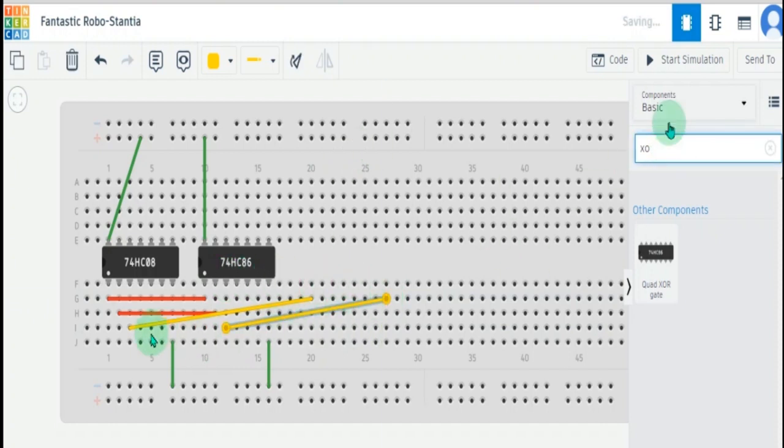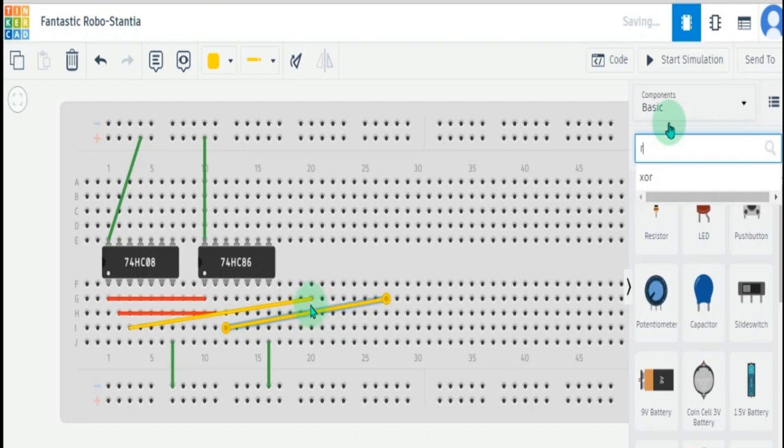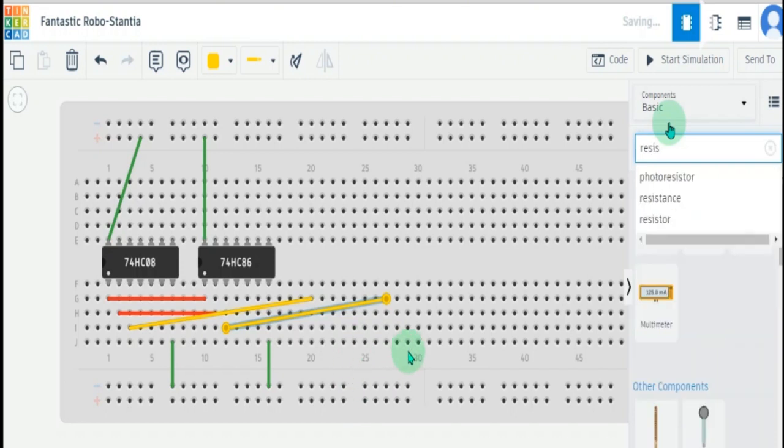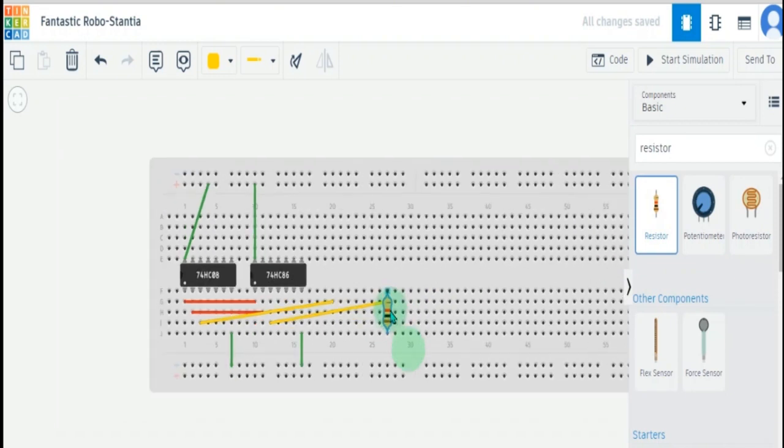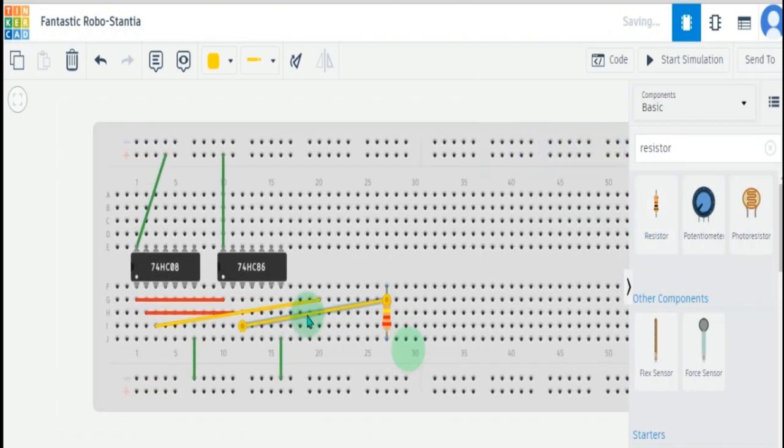We extract the output from here to here, so we can connect the resistors easily and connect the LEDs to it. Let's find the resistor. This is the resistor. Drag and drop it here. It's very large. The recommended value is 220 ohm or 200 ohm for the half adder.